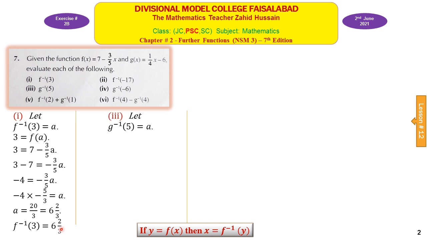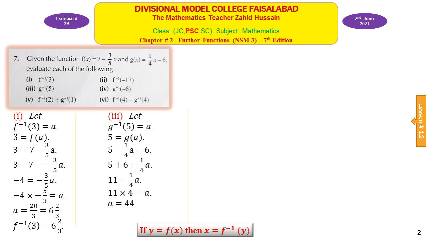Its third part is g inverse 5 is equal to a. So again we will use this definition, and we can write 5, which is y, equals g of a. 5 is equal to g of a. Now in the g function, replace x by a. 5 is equal to 1 over 4a minus 6. Solve this equation for a,